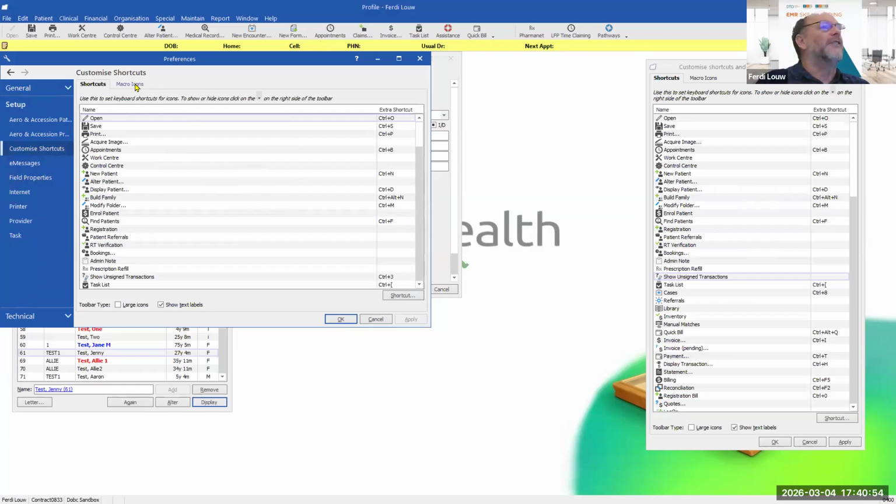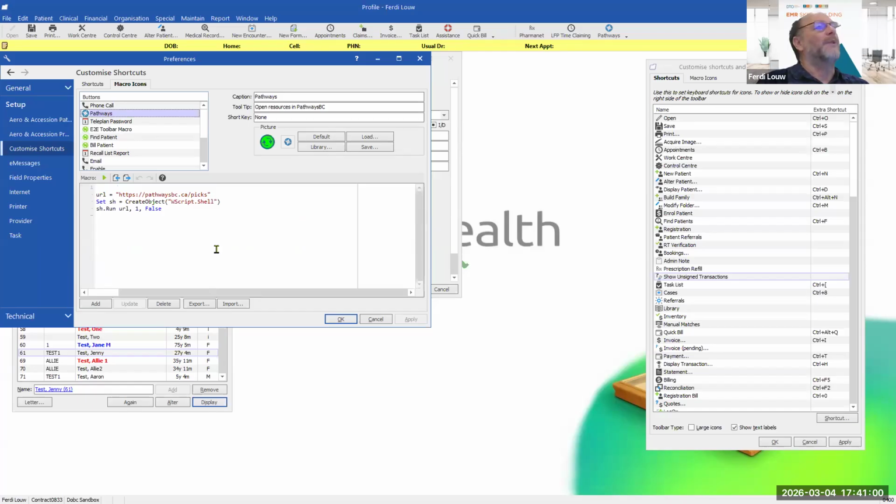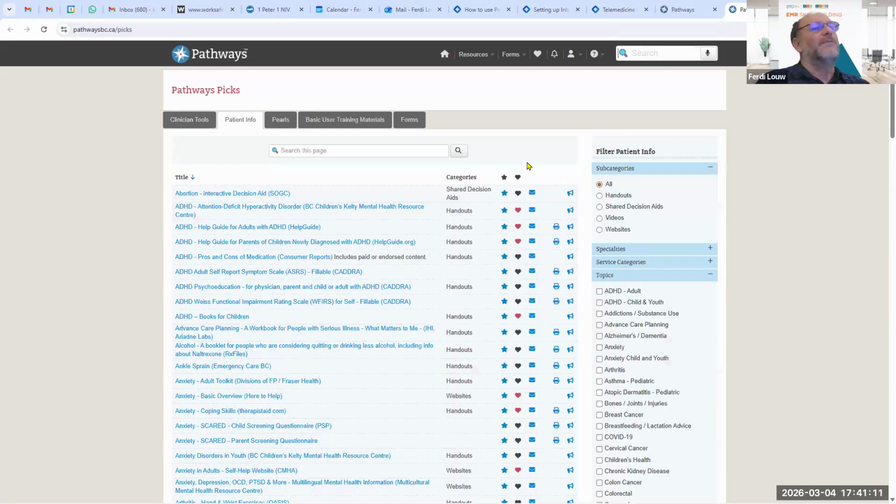So if I click there on macro icons, I've created a macro to open Pathways. So you'll see on the top of my toolbar, there is one called Pathways. If I click on that, it takes me to Pathways. And that's a very nice place where you can go and see, okay, if you've got a diabetic patient and you want to hand out resources, you will see which diabetes